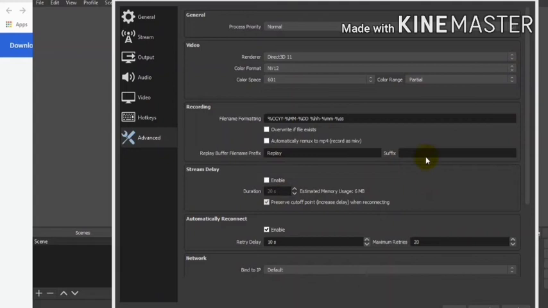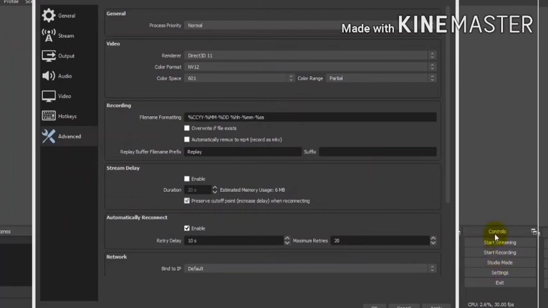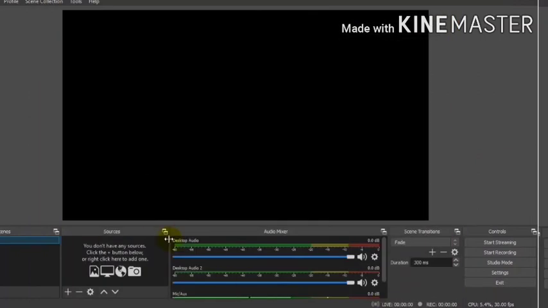The file name formatting is shown here, CCYY DD with the time. In this format all our recorded files will be stored in our specific output folder.